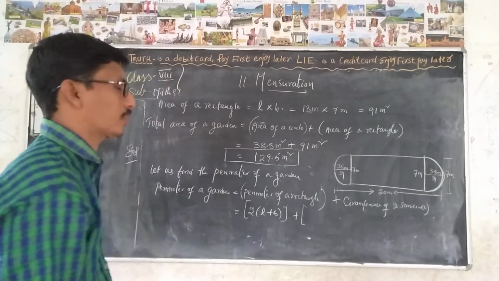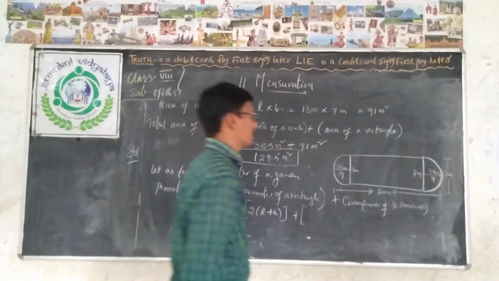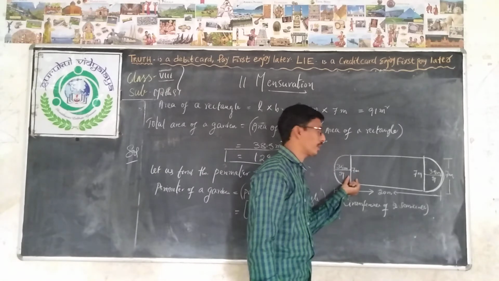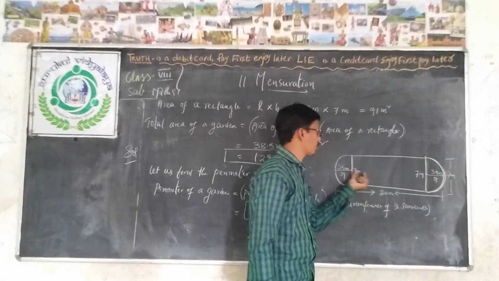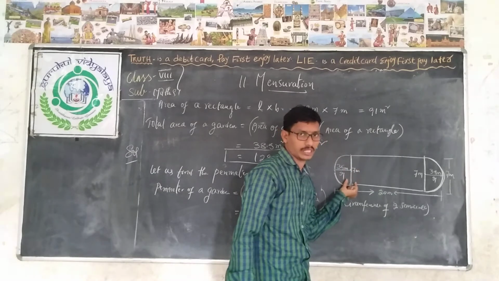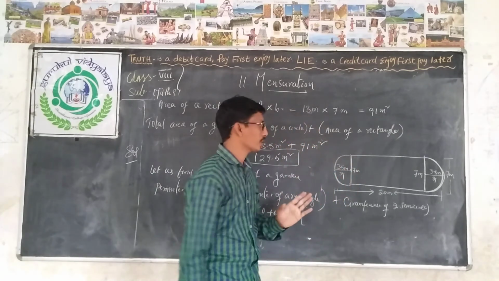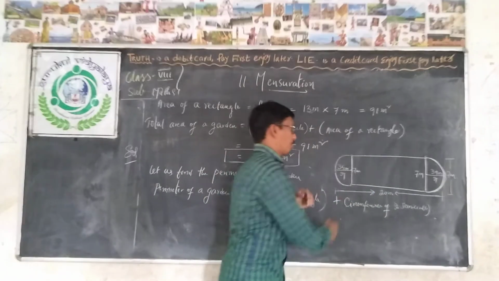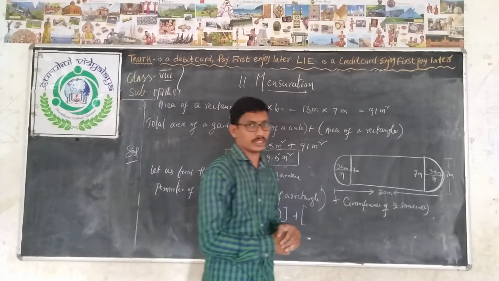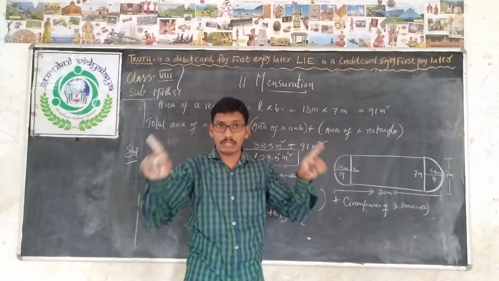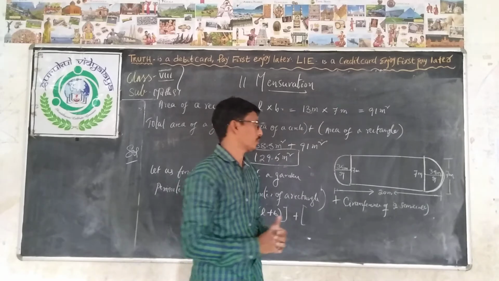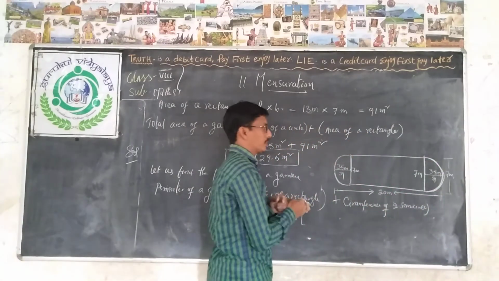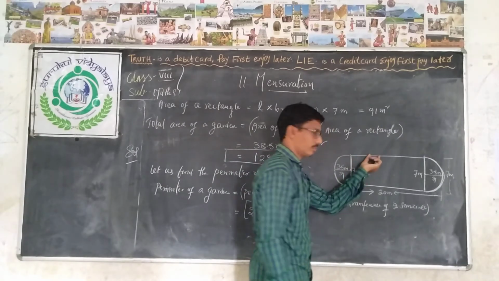The circumference of two circles. I told you already that this length, that is the breadth of the rectangle, is already included in this figure. Understood? So there is no need to take the diameter of this semicircle. That is a very important thing. Many students find the perimeter of the rectangle and then again the perimeter of each semicircle. That is not correct because you have to find the outer boundary only, not the inner lines. So the outer boundary means up to here and this one.